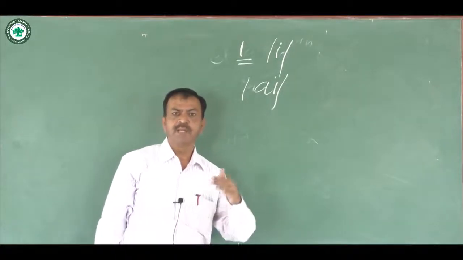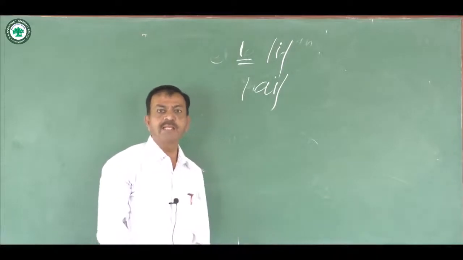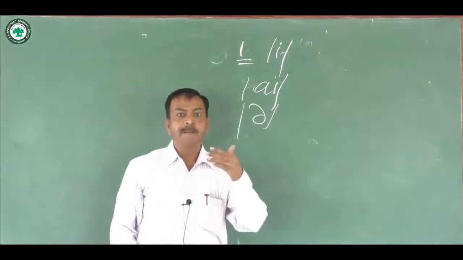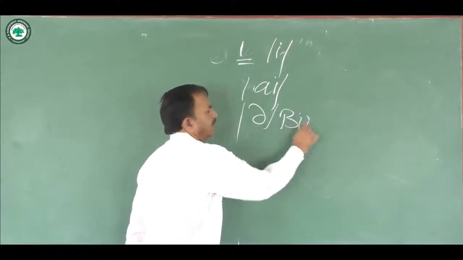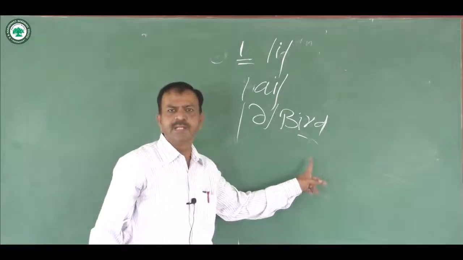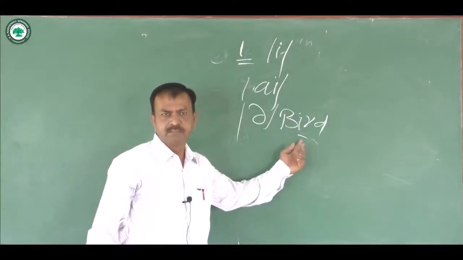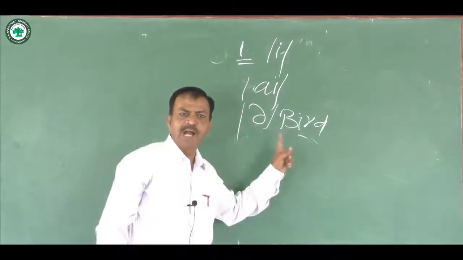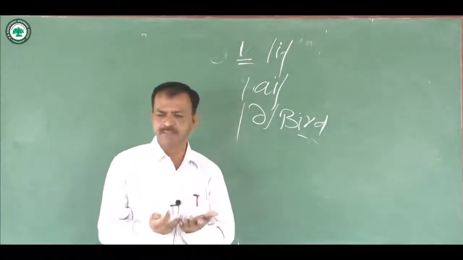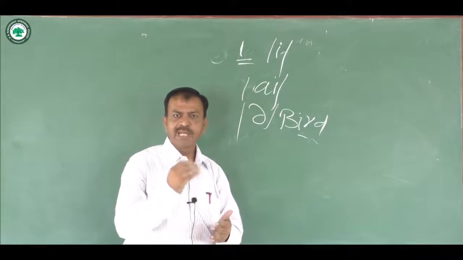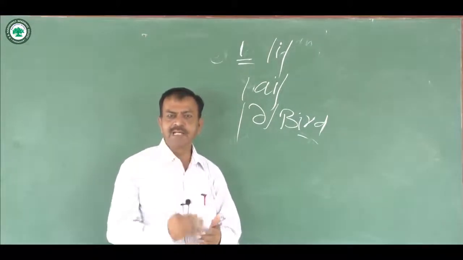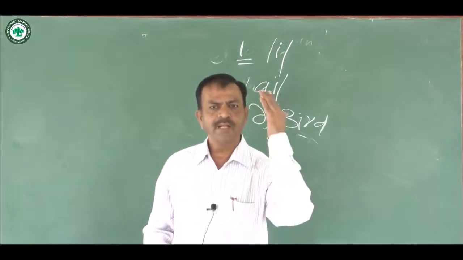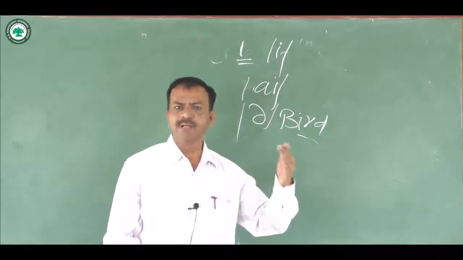Or sometimes letter I is pronounced as another sound, as in bird, B-I-R-D. Here we never say "beard". Okay, we never say beard. We pronounce bird. That means here I is pronounced as this vowel. Or dirt, evil, first, girl, shirt. These are the examples where letter I is pronounced this way.